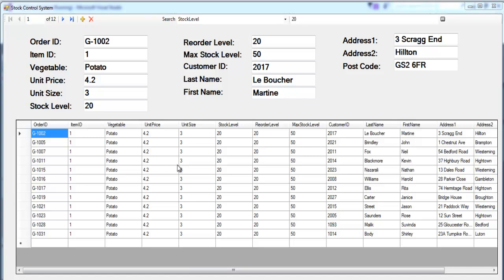Hi guys, this is a stock control program developed using C#. So let me show you guys how it works. All of these components here are from a database that I embedded into Access, and I just added the database onto